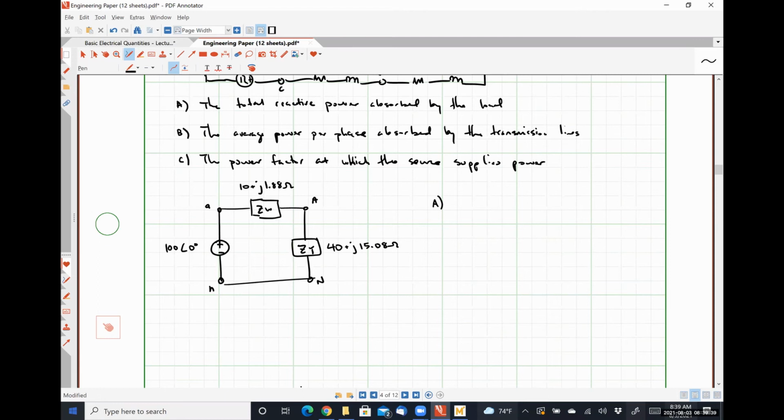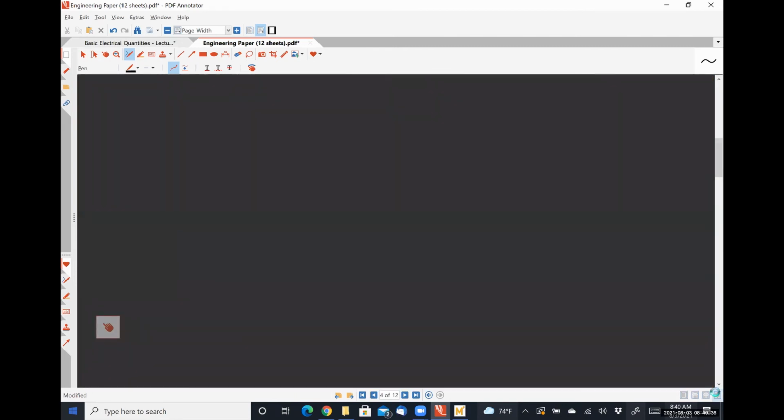So let's say specifically the phase current IAN here. We could say that IAN is equal to 100 angle 0 degrees volts RMS divided by the total series impedance seen by our source, which in this case would be, I don't know if I can add those two numbers in my head, so I'll write them out: 10 plus j 1.88 ohms plus 40 plus j 15.08 ohms, which I get to be 1.894 with an angle of